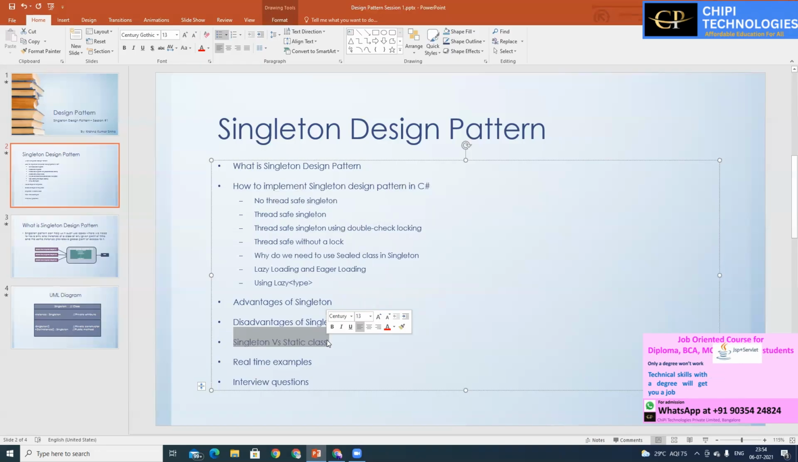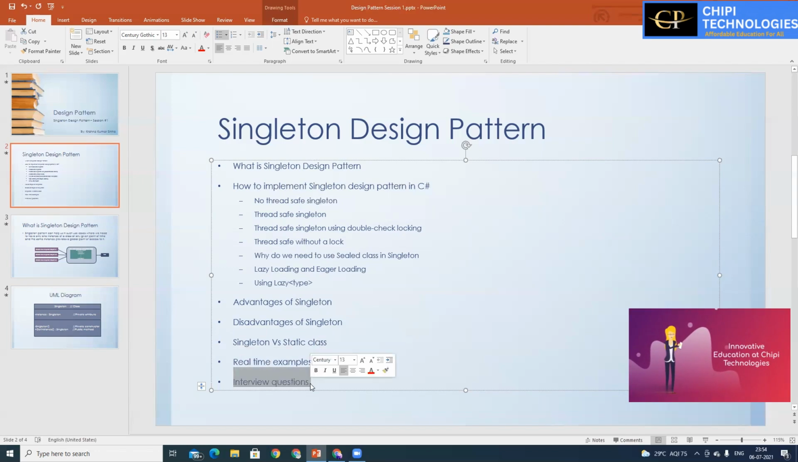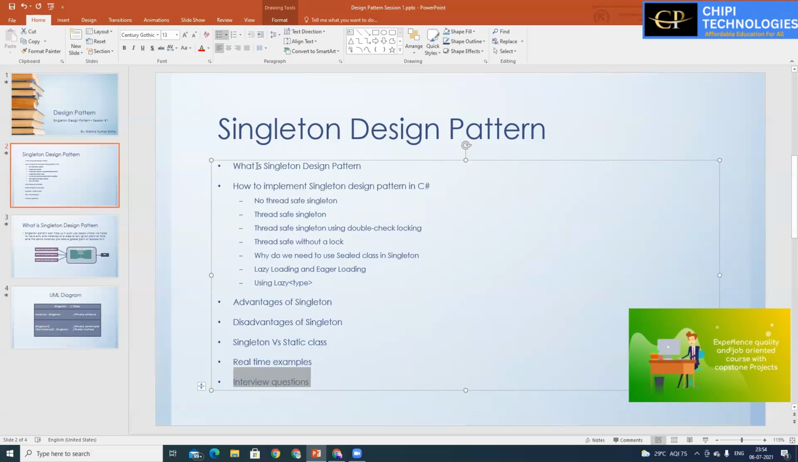This is one of the most important things to cover, because this is something that people would ask you if you go for any kind of interview. We will see some real-time examples where we need to implement Singleton Design Pattern. And at the last, one of the most important and interesting things, some of the common questions asked during the interview. So let's start